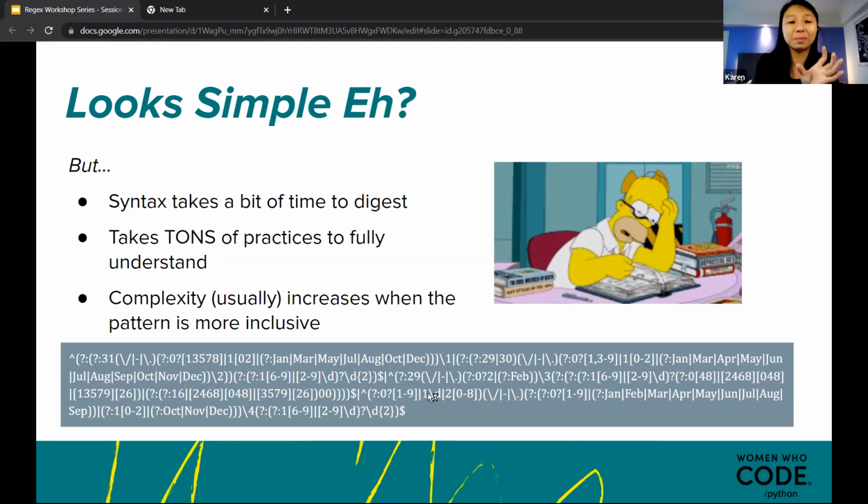If you see this pattern, it's very confusing. But what we're trying to do is look at it one by one. For example, we just learned that the anchor ^ is the start of the line, and the end is marked with a dollar sign. So on this big puzzle, we've already solved the first and the last pieces. I know it doesn't tell you anything, it seems very obvious.